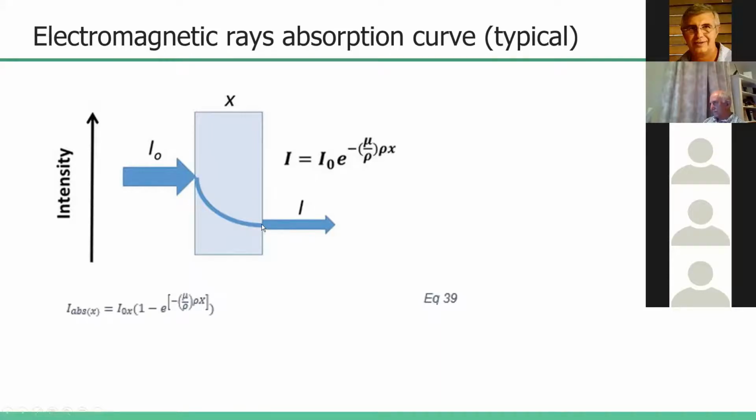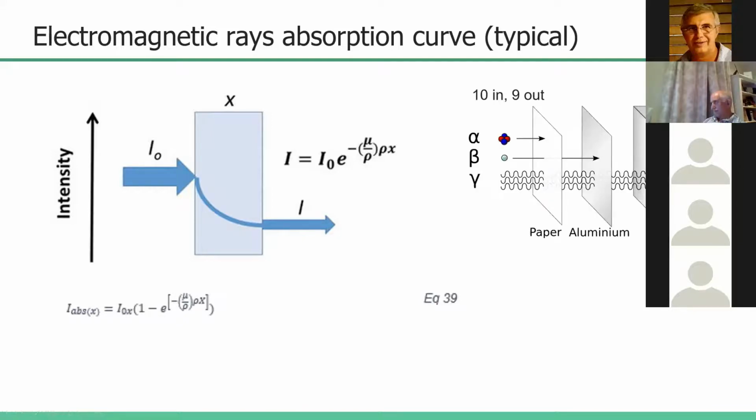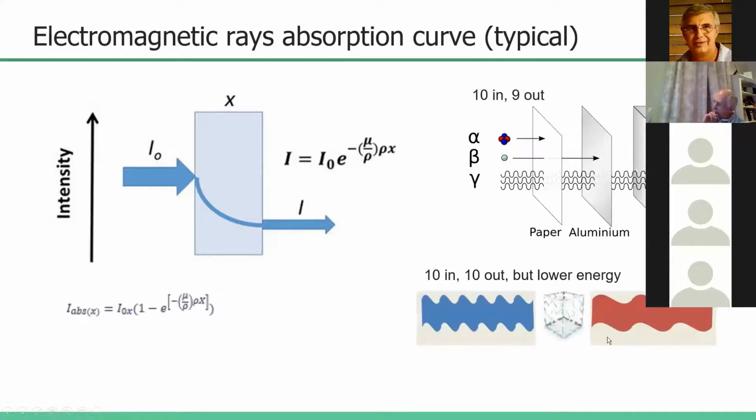The curve here is defined by this equation. So the absorbed part would be that minus that, and it would look like this equation. Don't worry too much about that. Or please, if anyone does worry about that, I would love for you to have a look at my paper and engage. Now we look again at our 10 in, 9 out, and we know that some of this will be absorbed and go out the other side. But we look at this energy, and we now know that high energy goes in, slightly less energy goes out.